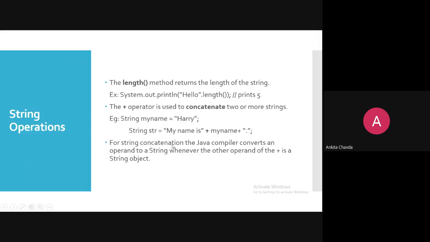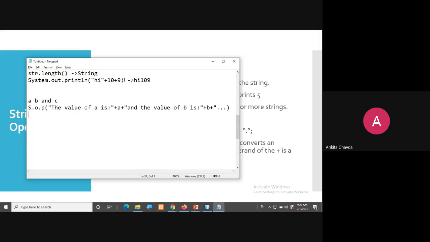Fine. So for string concatenation, the Java compiler will convert an operand to a string whenever the other operand of the plus is a string object. Because in system.out.println, generally I'm writing a string first and then I'm writing something else, whenever it is something like that, all the others will always be treated as a string, right? And it will just do the concatenation after this plus operator. All the operands will be treated as a string object and it will be printed. But if you want some operation, you always need to use the braces.